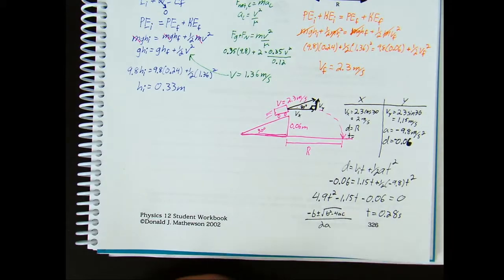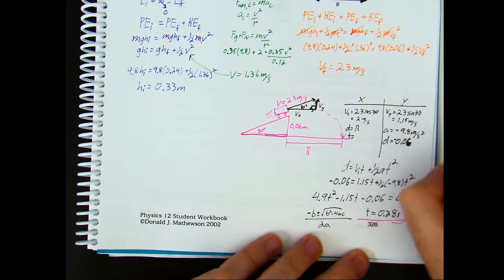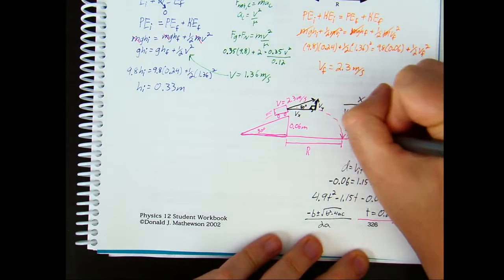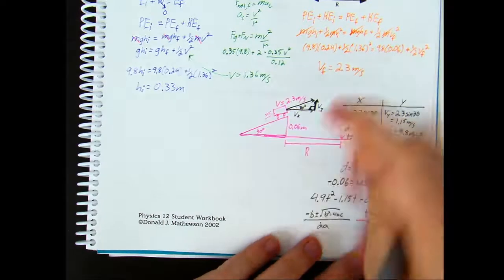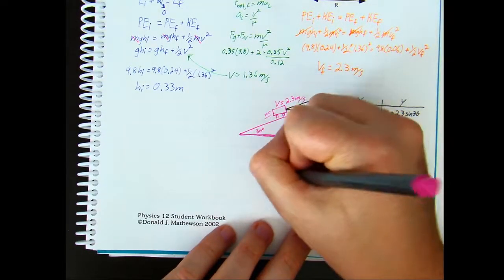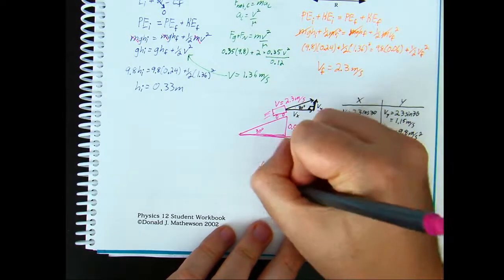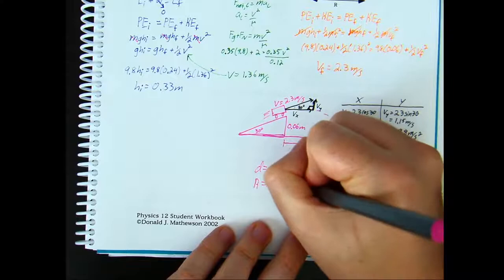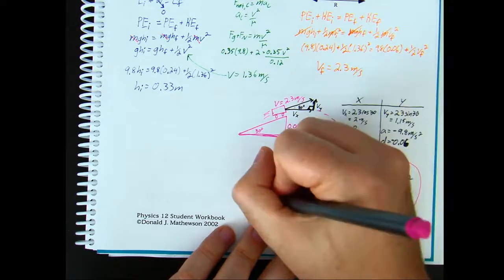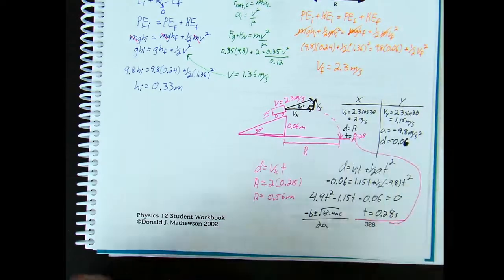This time is this time, and in the x direction there is no acceleration, so d equals vx times t, and I'm going to get my range is equal to 2 times 0.28, which gives us a range r of 0.56 meters, and we're done,